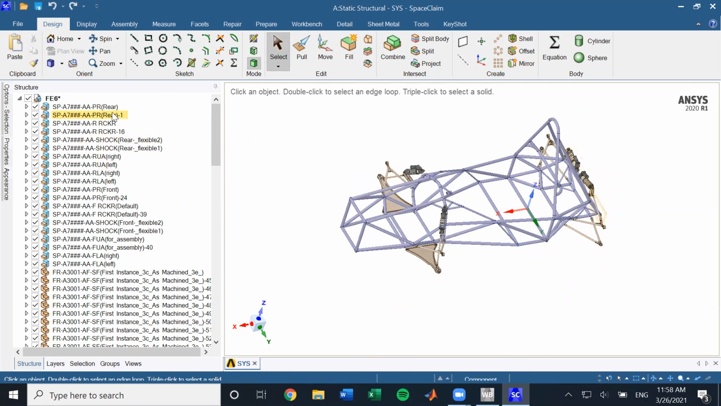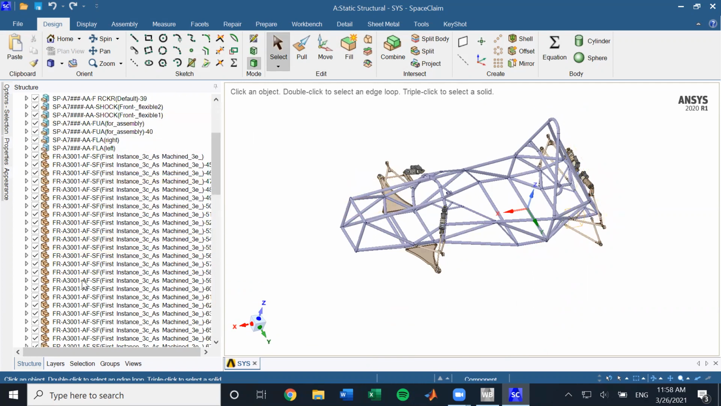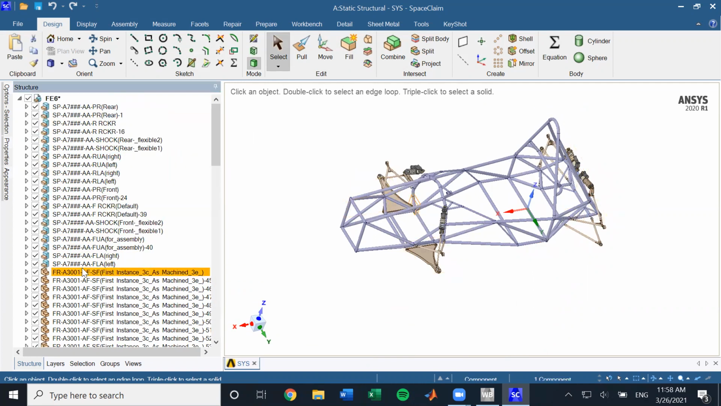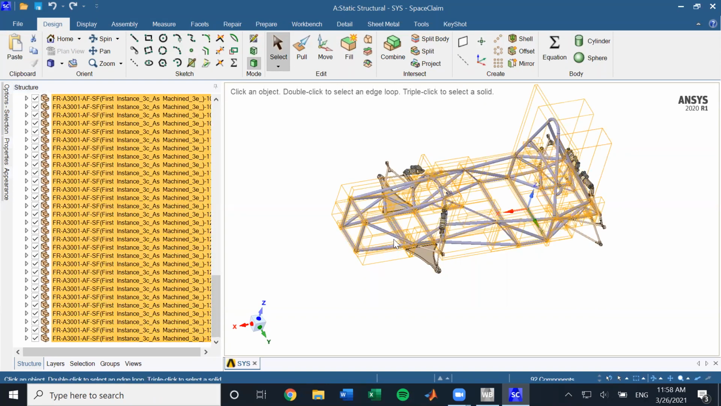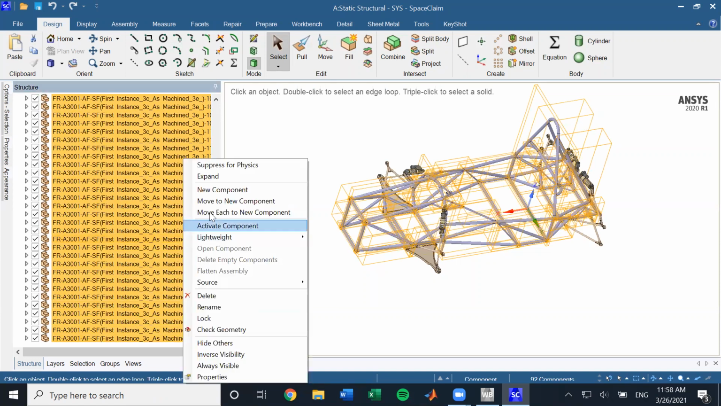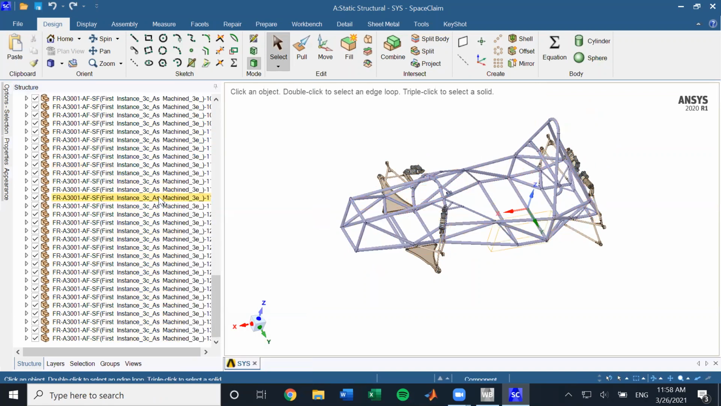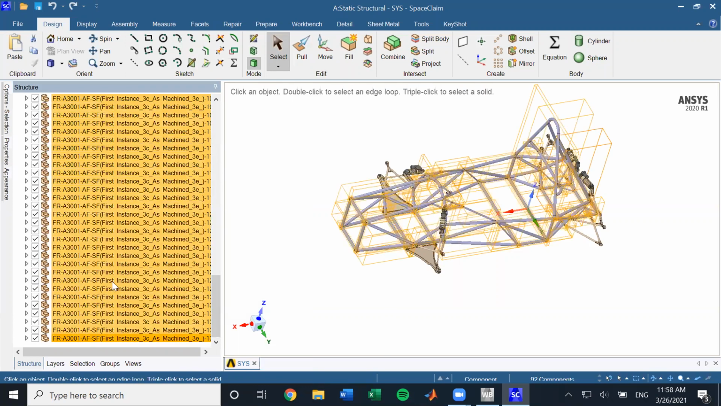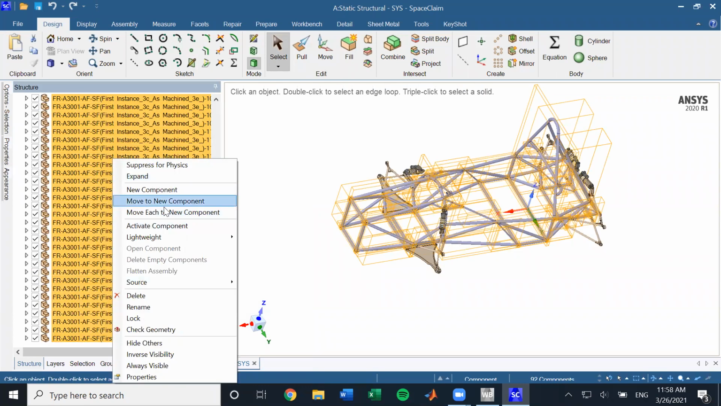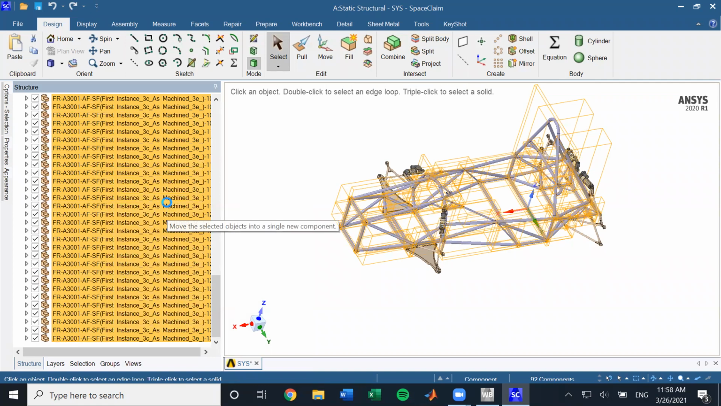So first up, let's just do some housekeeping. We just want to clean up what we're looking at. We have all of these chassis parts, so we can just put it all in a folder so it's easier to look at. Select all the orange block things. These are all the chassis beams, and we're gonna right click, move to new component,